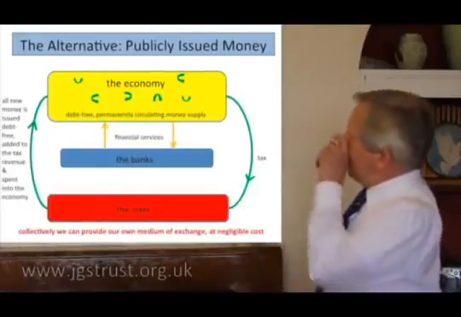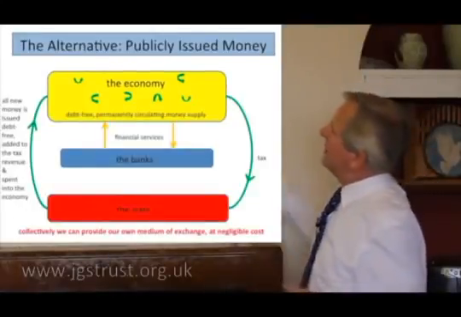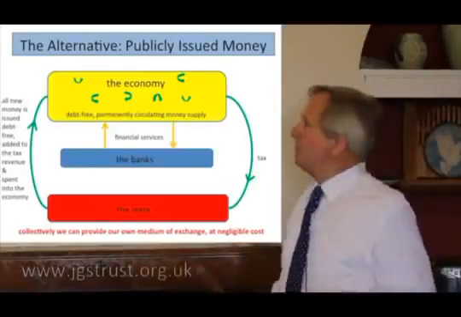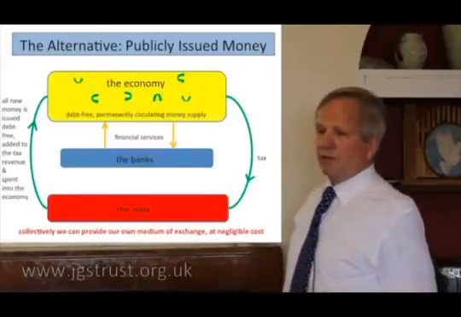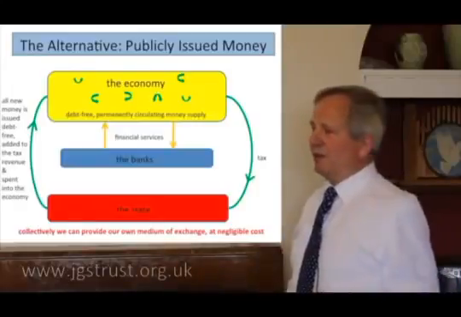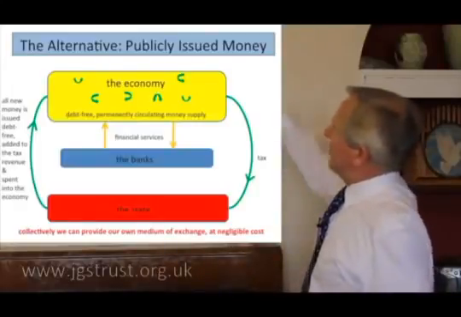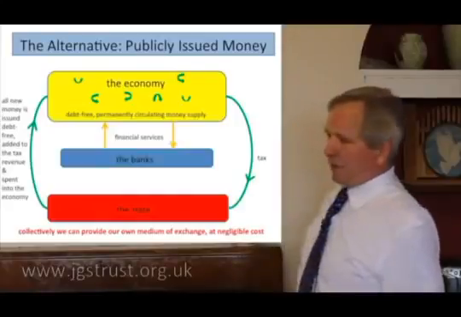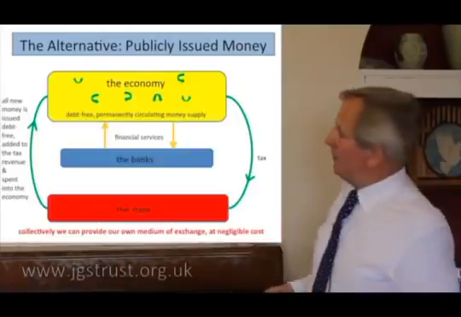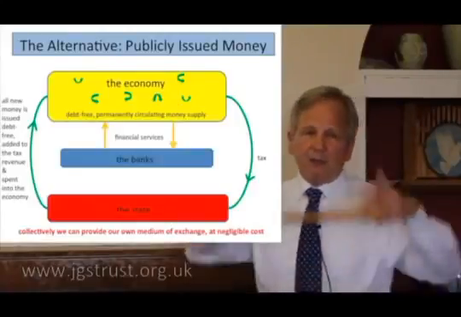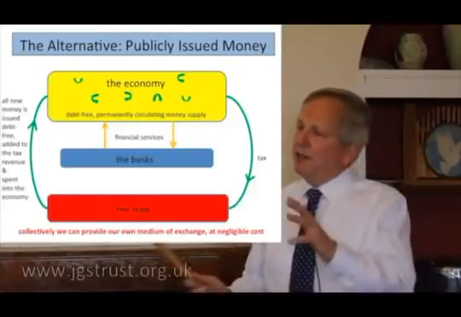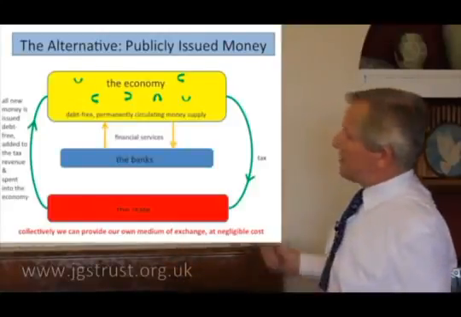What's the alternative? Well, we could do it this way. Here's us in the economy, and instead of using numbers which are lent to us by commercial banks, we could have our own numbers. We could issue them collectively, all of us. And they could be permanent. And the money supply could go round and round indefinitely as we conduct our business. Where would that sort of money come from? Well, it can only come from the collective, from the whole community of money users. You don't want any privileged minority doing it and making lots of profit out of it. Let's do it all together.